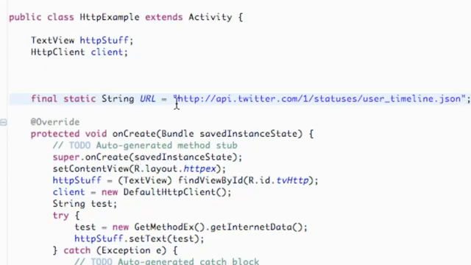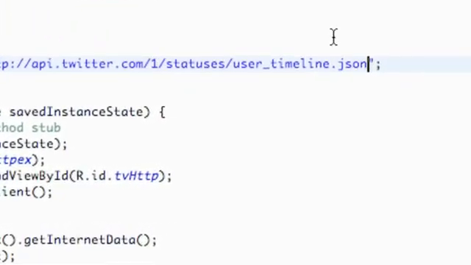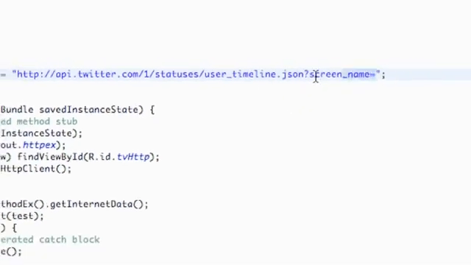The first thing that we're going to do is add to this URL, because before, I just wanted to show you guys it was a JSON type URL. What we're going to add to it is a question mark, screen underscore name equals, and for example what we're going to do is just copy this